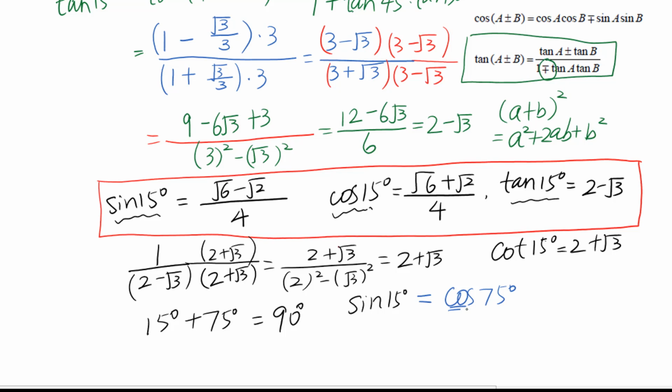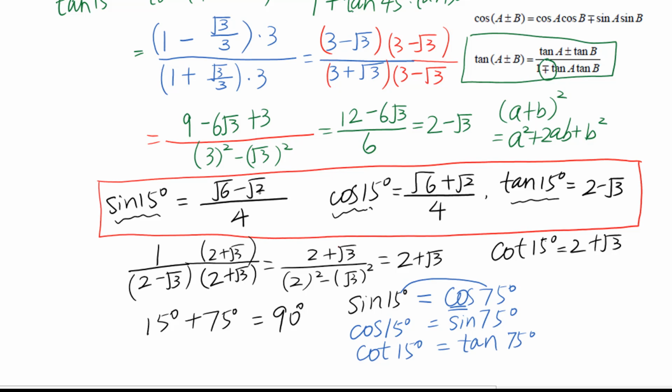These two angles adding will be 90 degree. So you will have a cosine 15 degree equals sine 75 degree. For cotangent 15 degree equals tangent